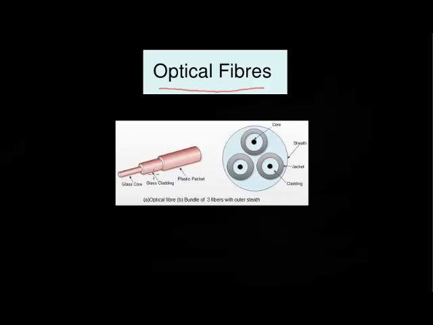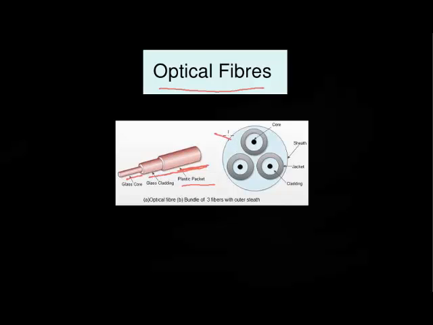So this is another diagram which shows that this is core, which is inserted inside cladding, and there's one more thing which is new for us, and it is plastic packet. So we use a plastic packet to cover the optical fiber, and this is the outer layer of optical fiber. Inside plastic packet there's cladding, and inside cladding there's a core which is optical fiber.